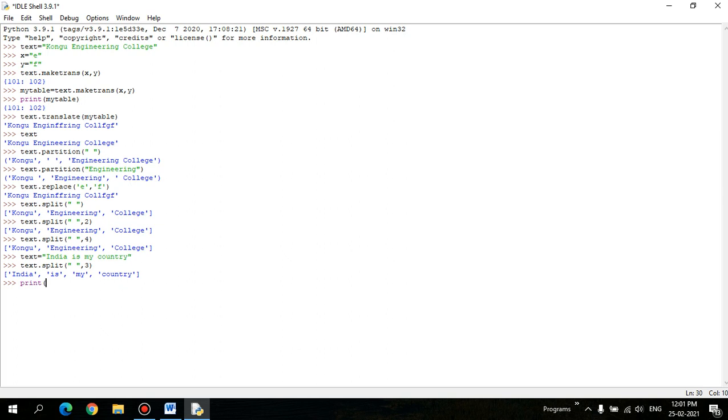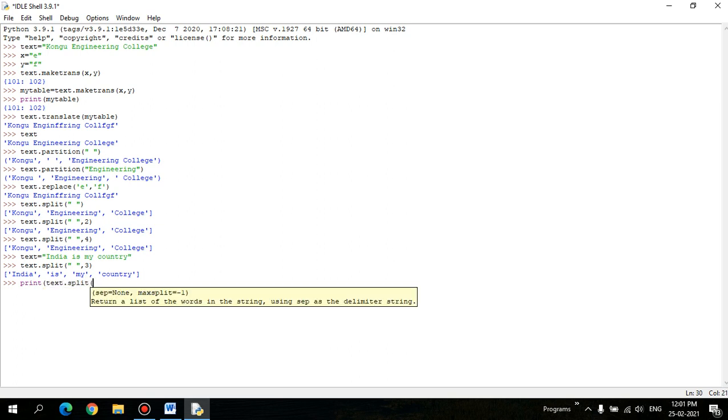So let's check for this mechanism. Since it returns a list, it has to be taken to my table. Print text dot split, comma 3.